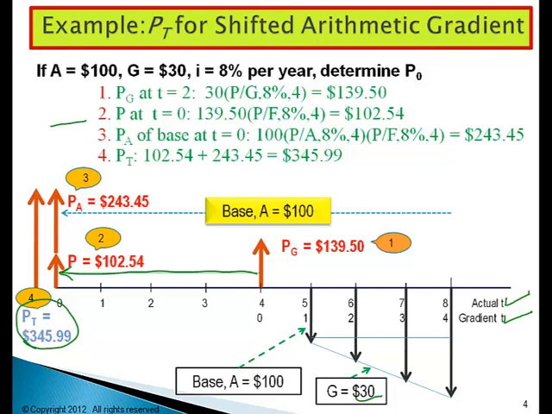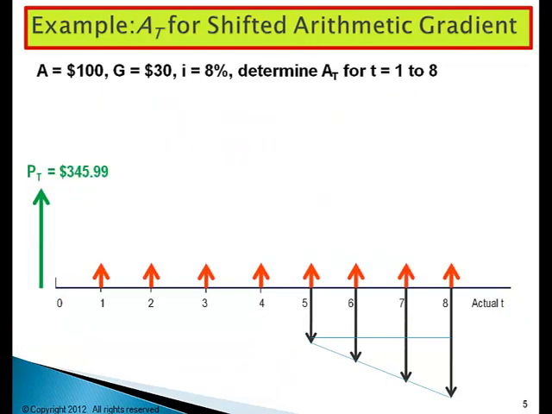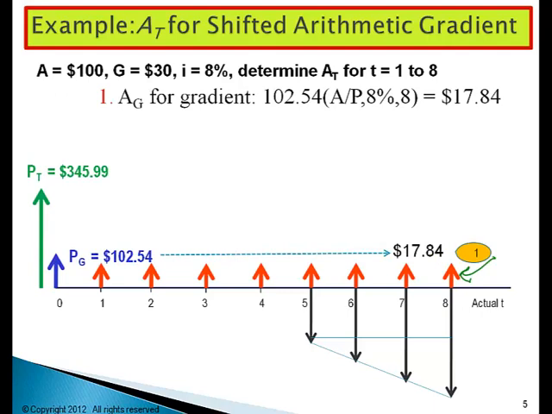Now let's turn our attention to determining an equivalent uniform series. That's an A value. We'll call it A sub t, and it's for the same shifted gradient. One way to find A sub t over the periods from 1 to 8, which we show in red arrows here, is to use the AP factor at 8% for 8 years for each of the P values. And we have to do this for the gradient and the base series. Well, this method is shown in a progressive fashion. First, we find the A sub g for the gradient. Notice the AP factor at 8% for 8 years. We get